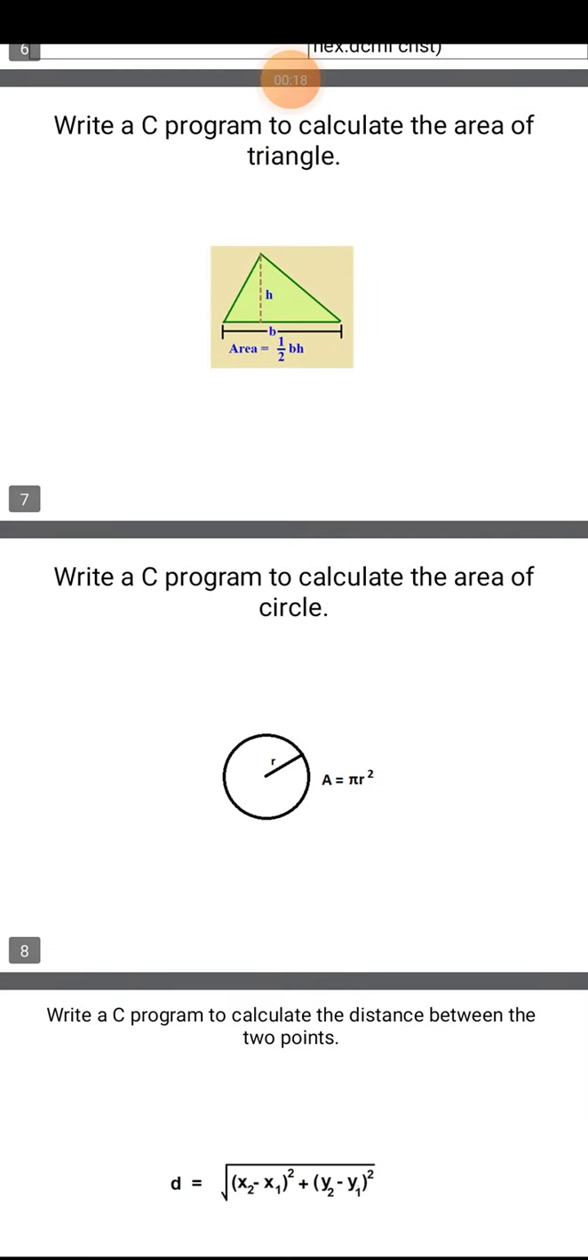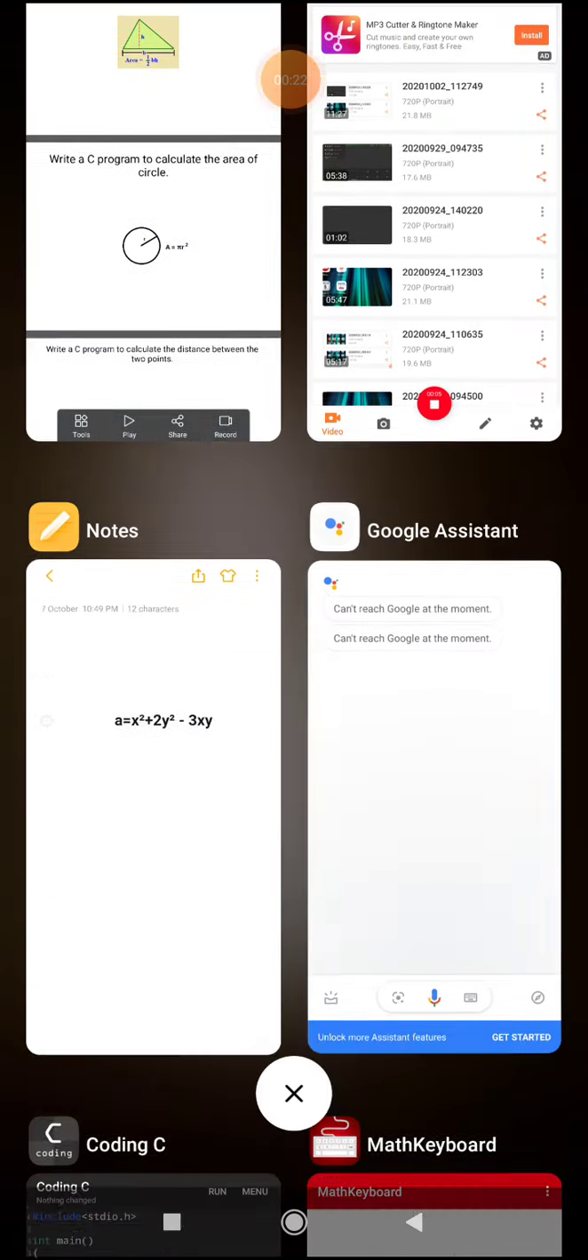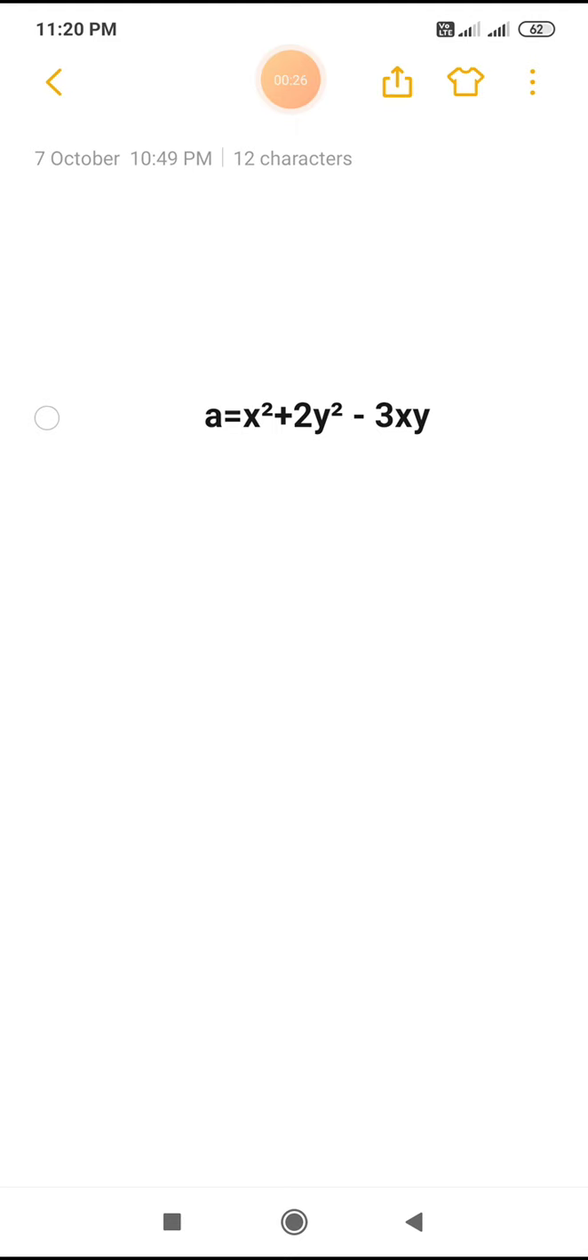Okay. For today's lecture, again you have to write some mathematical equation. For example, a is equal to x square plus 2y square minus 3xy. For that, you have to define three variables, that is x,